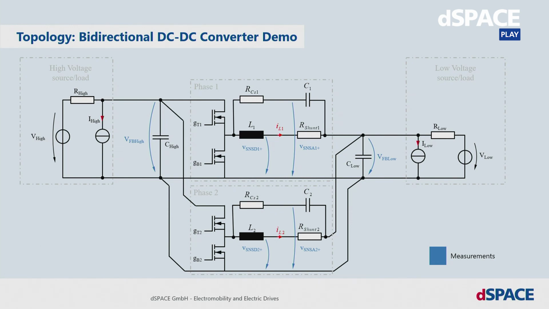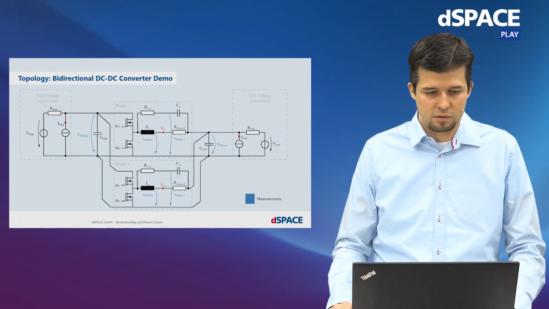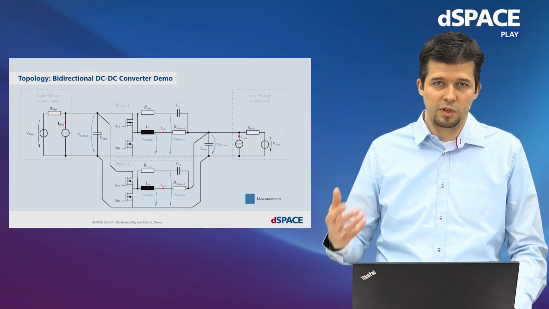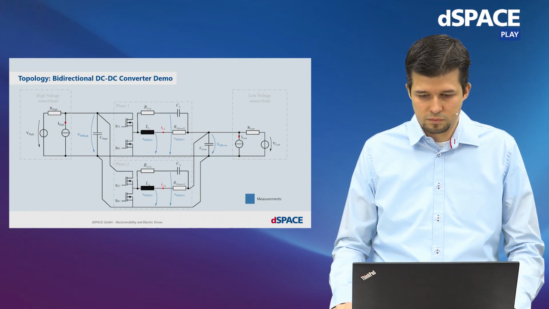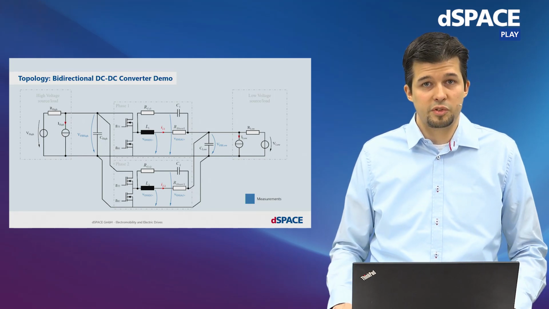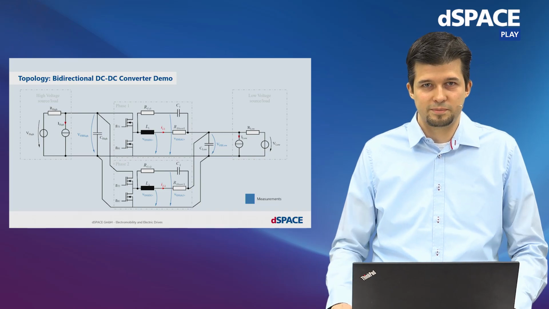So we have two buck-boost stages, named here phase 1 and phase 2. And on the left and on the right, we have the batteries. Both are modeled by an ideal voltage source and an additional resistance. And this schematic can directly be used in EPSS to initiate a simulation. How this is done in detail will be described by my colleague Katrin.